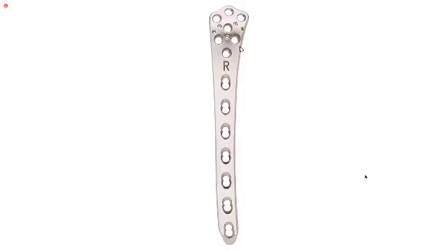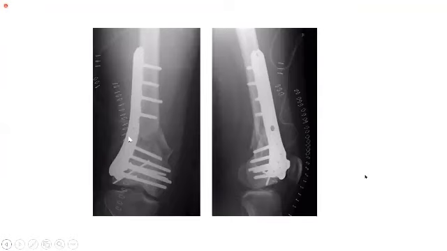Okay. So for all intra-articular fractures, you have to go for open reduction and internal fixation, because to maintain the articular margin of any fracture you need to have an absolute fixation. Like this is an intra-articular fracture, no? So you need an absolute fixation. So for that, we have to go for open reduction and internal fixation.